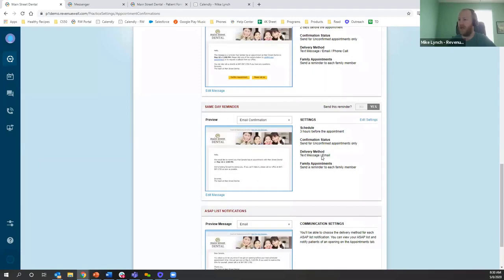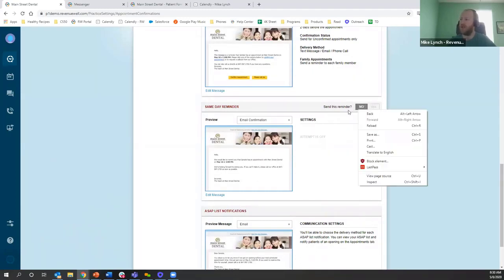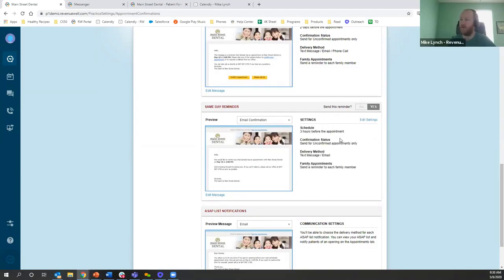And then the same day reminder, it's optional. Some practices do turn it off, but I think it's a great way to, a few hours before the appointment, let the patient know we look forward to seeing them. It's not giving them any confirmation attempts. It's not giving them any please call me. It's simply an email or text that says we look forward to seeing you, and it says the patient's appointment